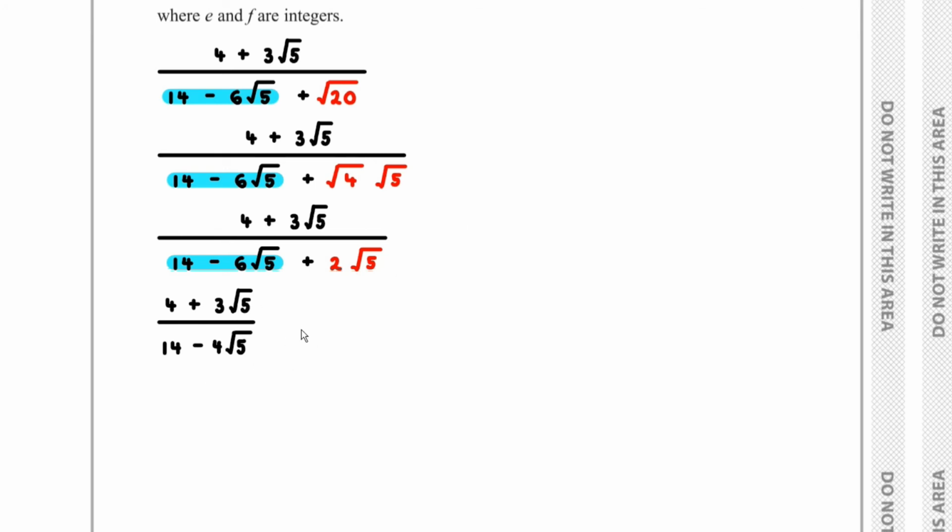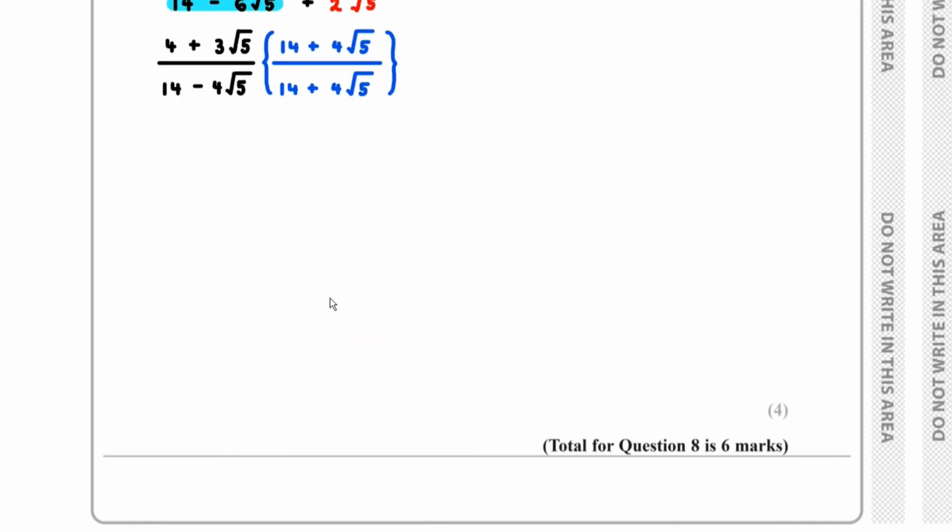And effectively, we need to multiply this by 1. But when we multiply by 1, we need to multiply both the numerator and the denominator by the conjugate of the denominator. In other words, we multiply this by 14 plus 4 root 5 over 14 plus 4 root 5. Effectively, this is 1. So,